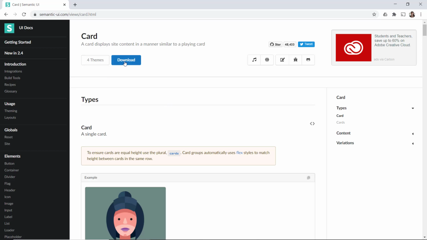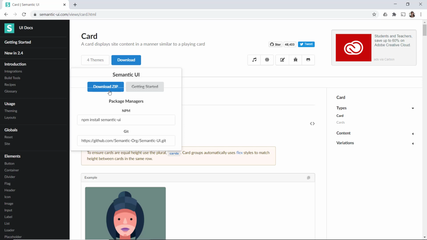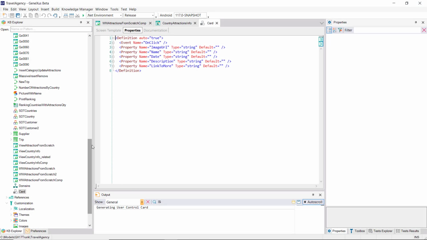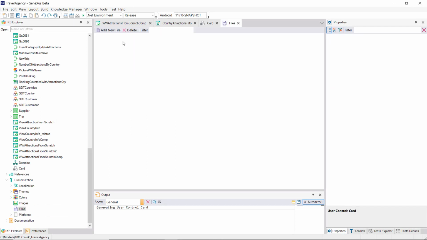Now what we're going to do is download the CSS, which is the one that really implements the design of all these HTML tags. Here we have it. We download it as a zip file. We'll change the extension to GXLibrary, which is the extension required in Genexus to interpret this CSS.